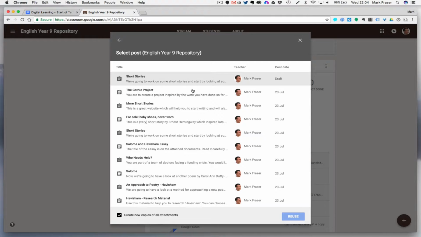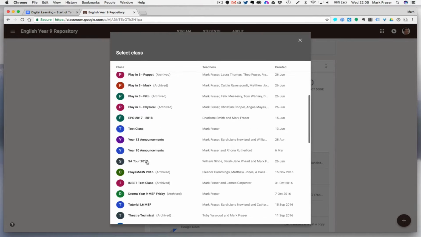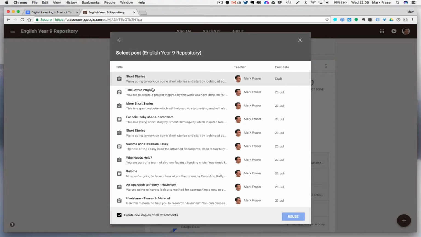Now it will ask me to select the class containing the lesson that I want. I've been working on this one, so it's gone automatically to it, but if I go back, you can see I've got all my complete list of classes here. I want to choose a lesson from the Year 9 repository, so I click that,